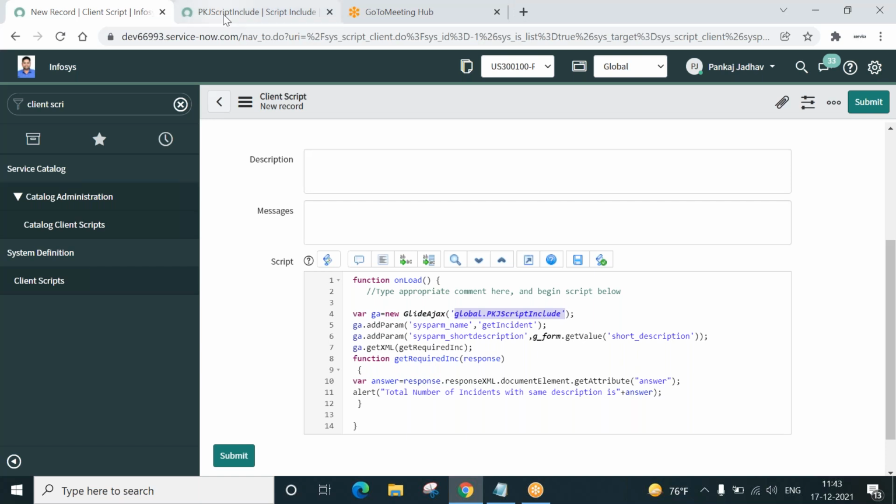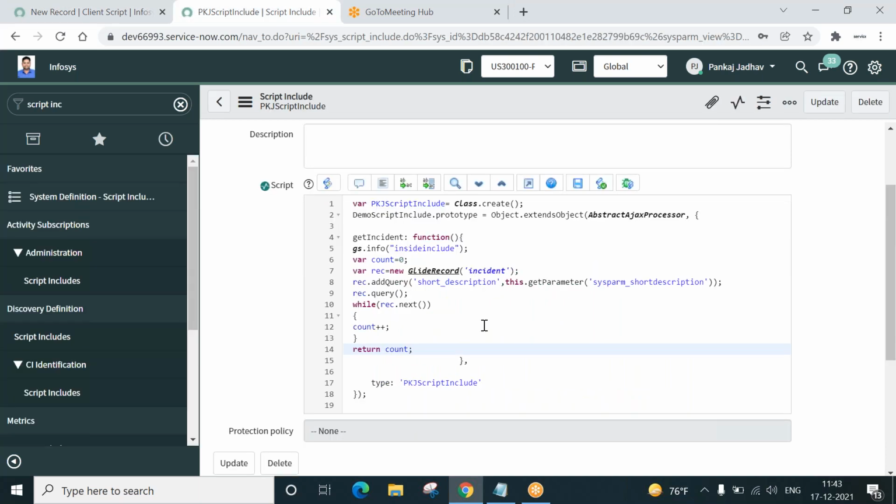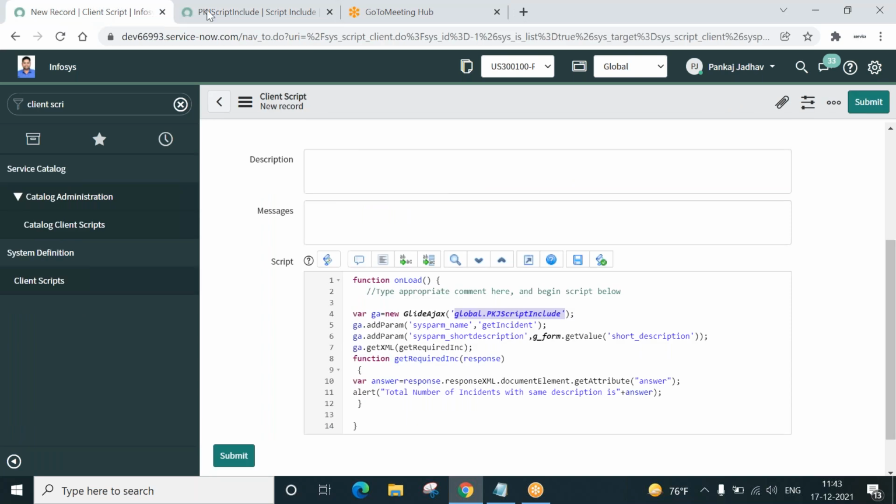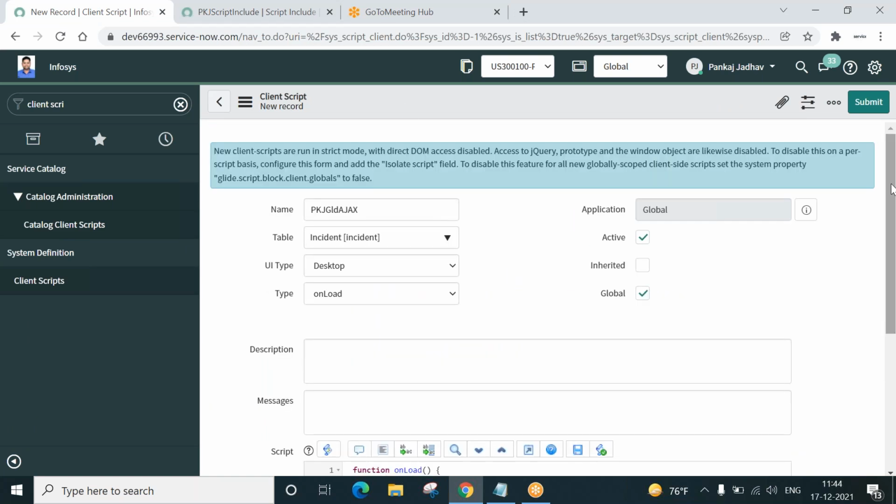The script include will process it, take the inputs passed by the client script, and return the result. Once we return the result, we'll be back in the client script. How will we fetch the result? Using the answer variable. Now, line by line, let's study this. I will save this client script and then show you how it works.